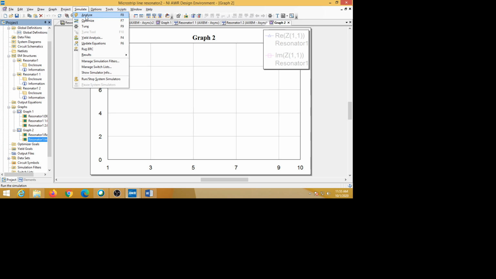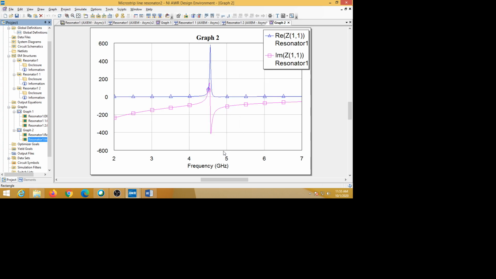See this simulation. So now we got this. This is the impedance plot of resonator 1. We plotted from 2 to 7 gigahertz. This is what we observe. This is an important part. Instead of plotting from 2 to 7, we will plot from 3.5 gigahertz to 5.5 gigahertz. From here it is enough, because we want to see only what happens over this range.